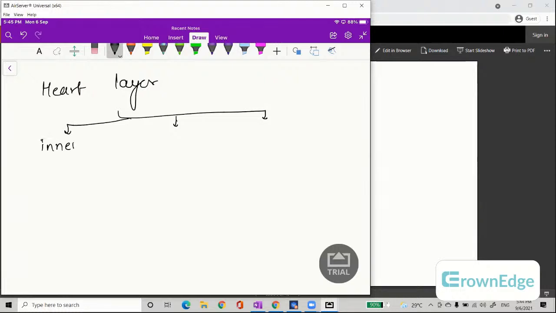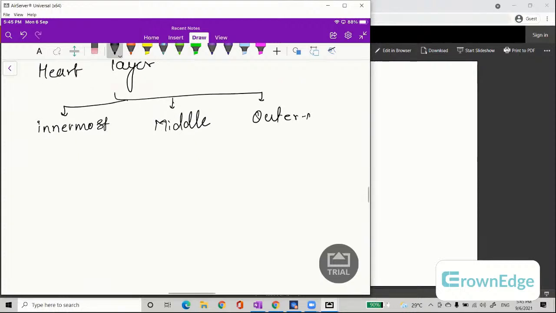The innermost layer, the middle layer, and the outermost layer. Innermost is endocardium. It is a layer on the heart, and cardium means heart, endo means inside, right? So innermost layer,